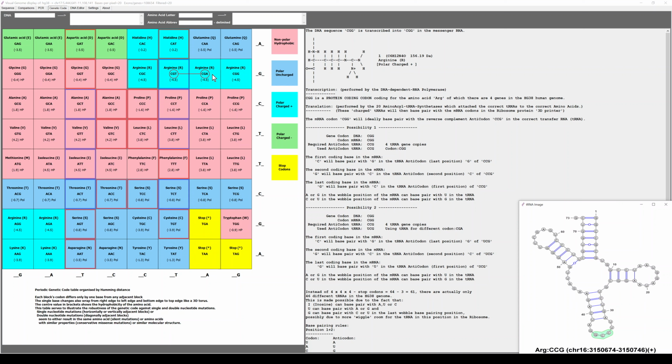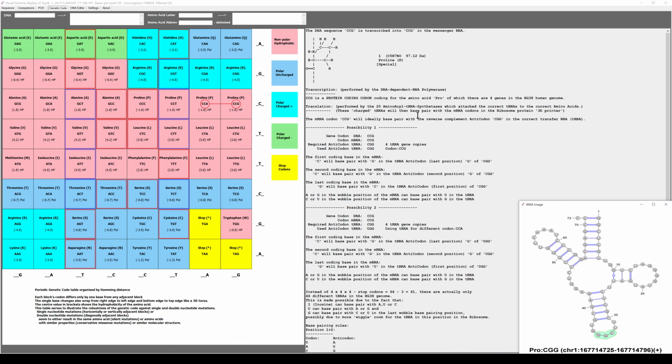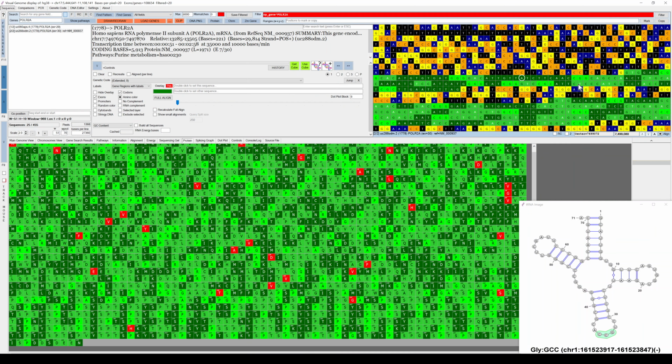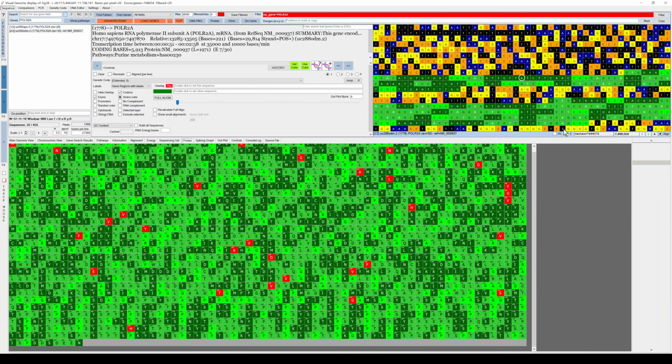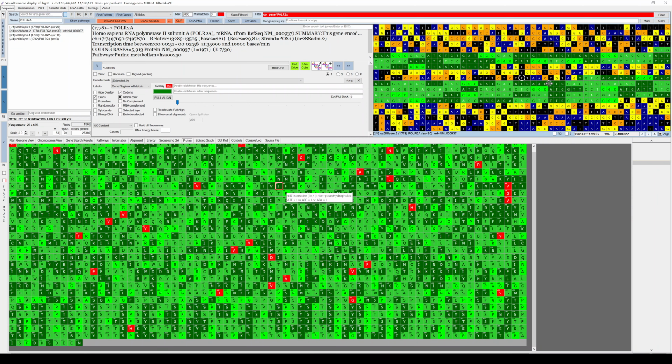And the reason this happens is because the last base in the ribosome actually has a little bit more wiggle room, and that means it is able to make use of a different base. They also call it wobble base pairs. And if you read all of this information that I've provided here, you would be able to make sense of it. So if we just go back to that view again, it shows the same codon bias in the Zoom DNA view.